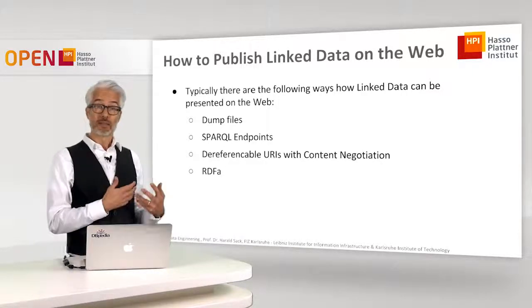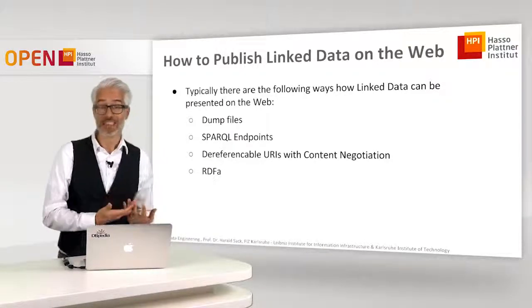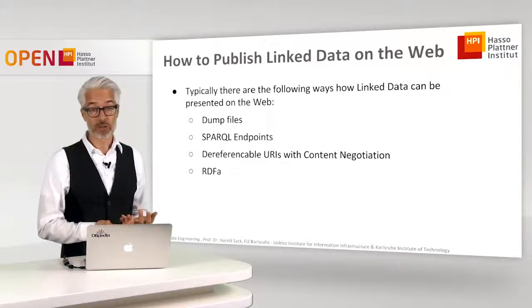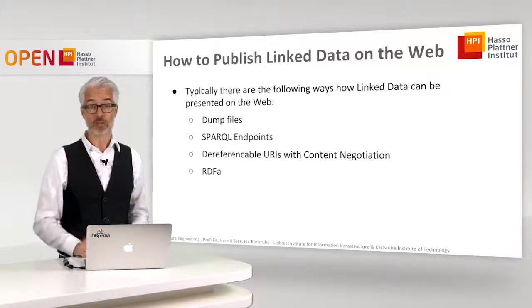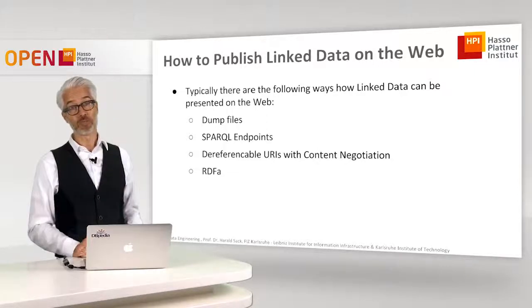If you want to provide your data in a more comfortable setting for users, then, for example, present them in a SPARQL endpoint, because then they can really access this web service. SPARQL is a RESTful web service, as you know, and users can directly ask the SPARQL endpoint and make sophisticated queries